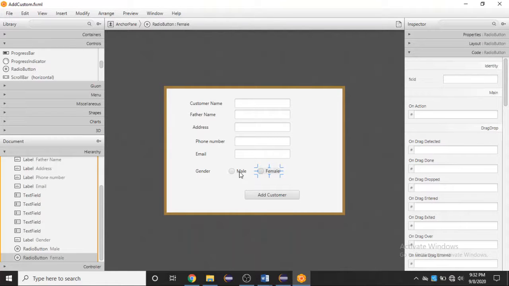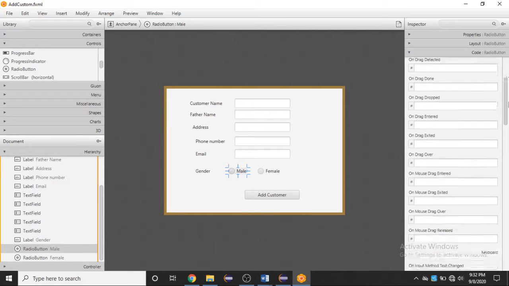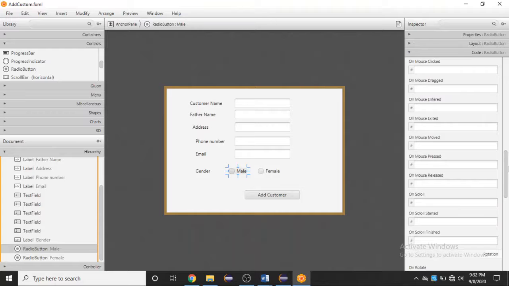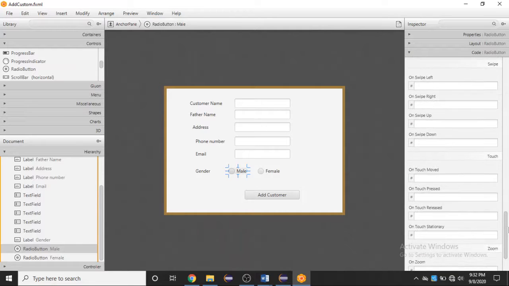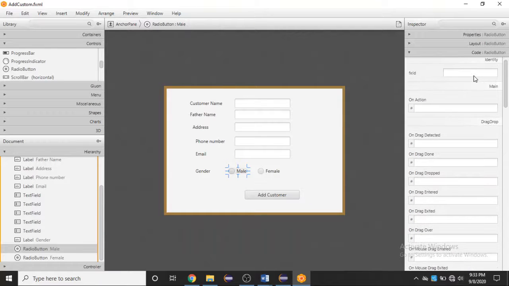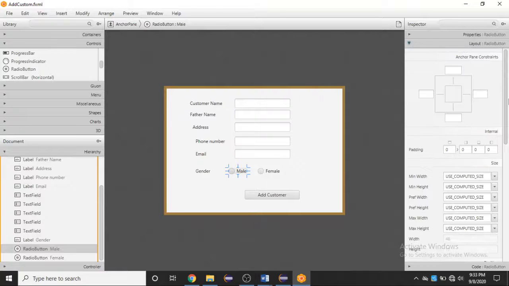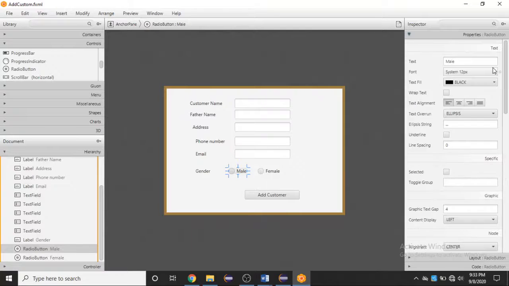Now, clicking on the radio button, not in the code window, we have this in properties, that is we have toggle group.